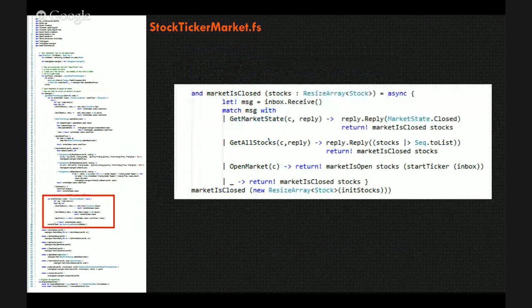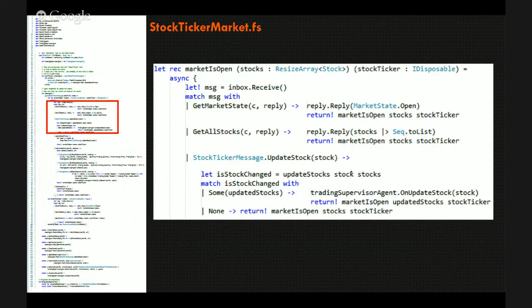the agent, which is my market, just waits asynchronously to receive a message and compute the message, right? In this case, it's able to open the market, get all the stock, or change the state of the market. And when it changes the state of the market, it starts with a new state, which is the market is open. So the second state,